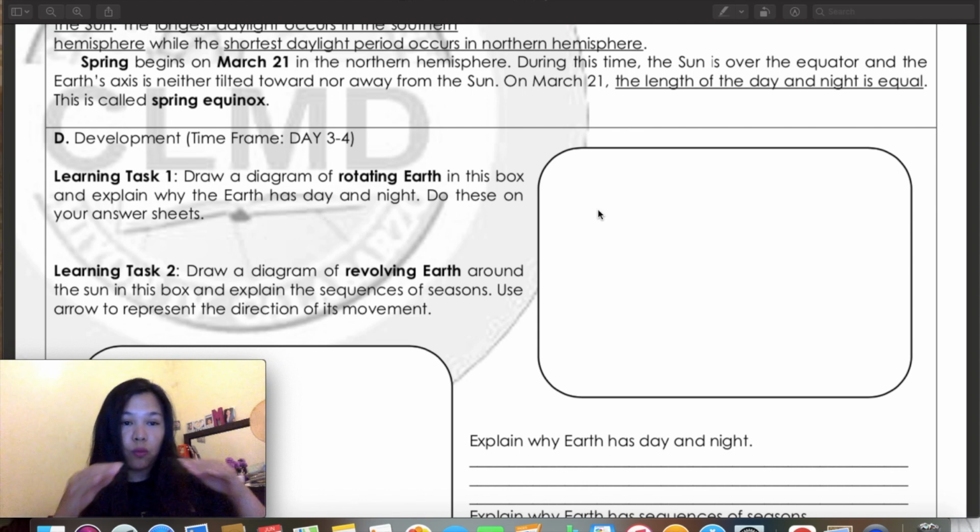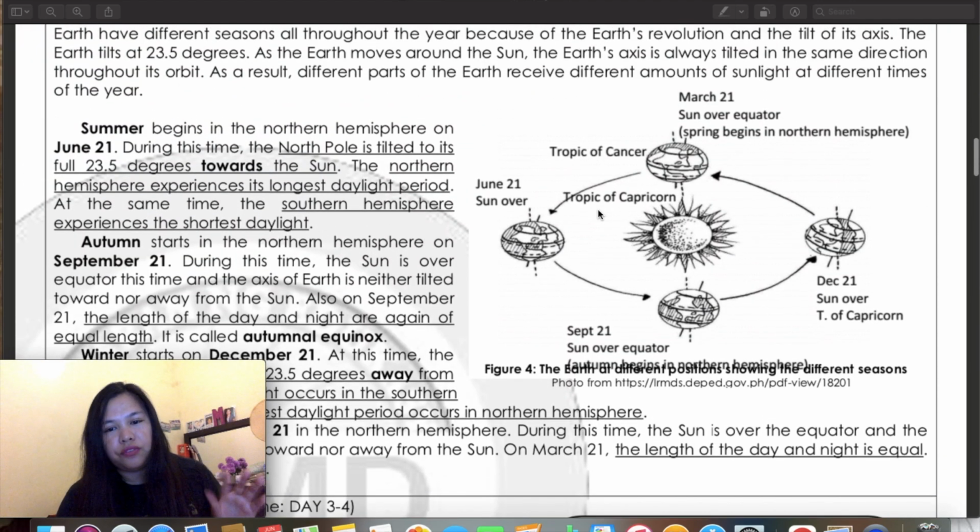This is called the spring equinox. So, yan po. Spring equinox. Kasi pareha na rin din yung para siyang autumn and spring is same, and the winter and summer is same din siya, but salungat. So, dito sa ating figure, ito na yung while they revolve around the sun,